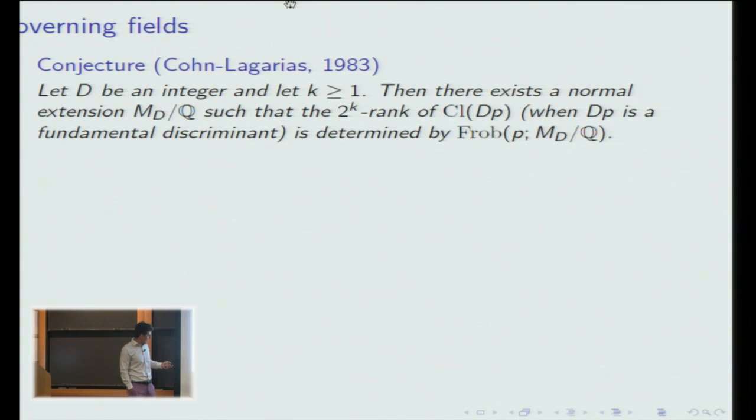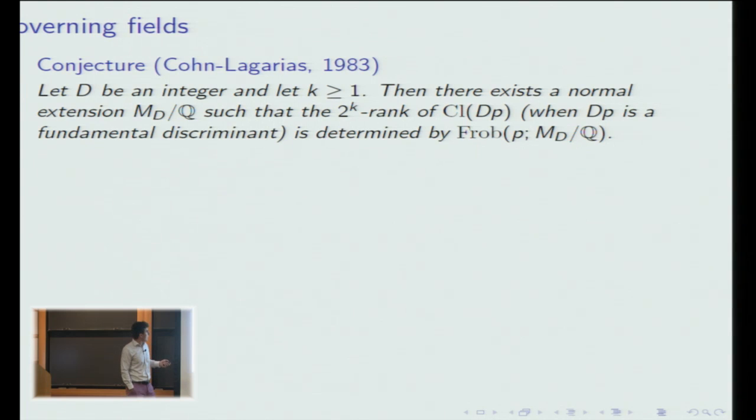You have seen the numerics, so those densities look like rational numbers. And the Chebotarev density theorem is something which gives you densities that are rational numbers. So Cohen and Lenstra in 1983 were led, because of numerics and general reasoning, to believe that